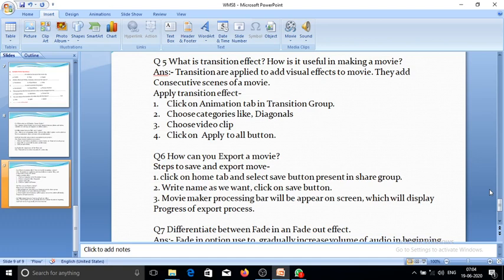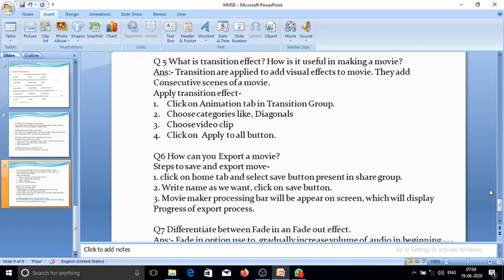Now question number 6: how can we export a movie? First step is to save and export the movie. Click on the home tab and select the save button present in the share group. Write the name as we want.